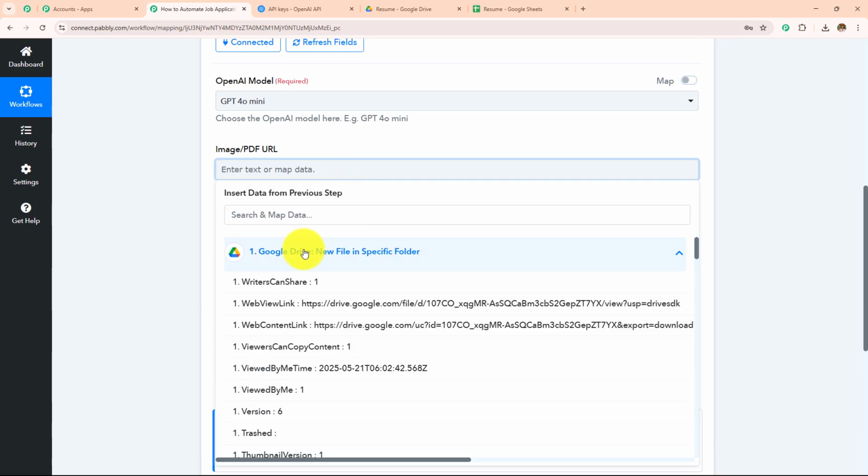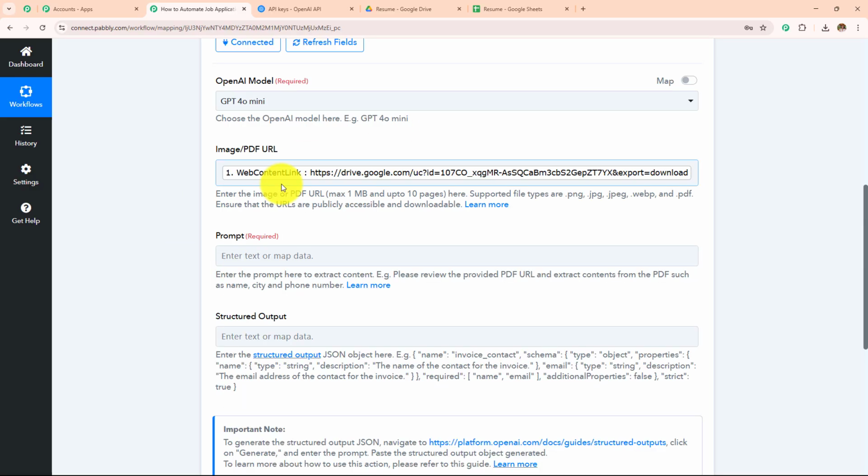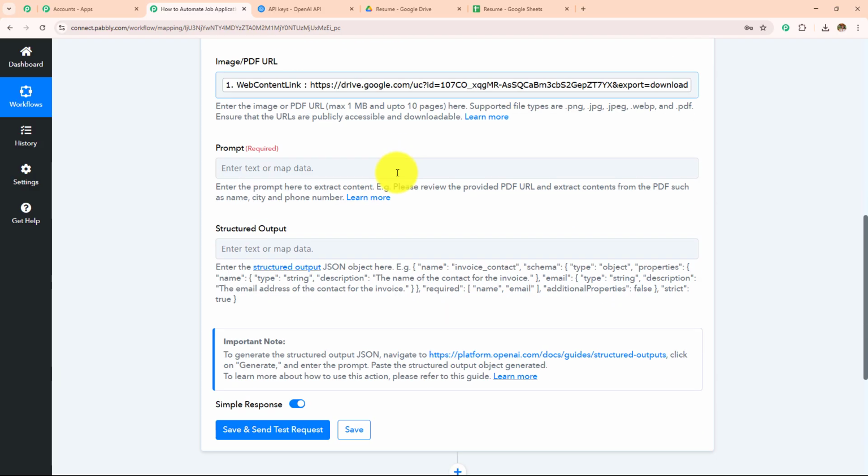I'm going to enter this image of the PDF URL. So in this field, I have to map the detail which I have received in the response of Google Drive, which is this web content link. Now here I have not entered this manually. Instead, I have used this method called mapping, which means I have entered the data from the previous response. So here I have entered the data from the previous response by mapping this data,